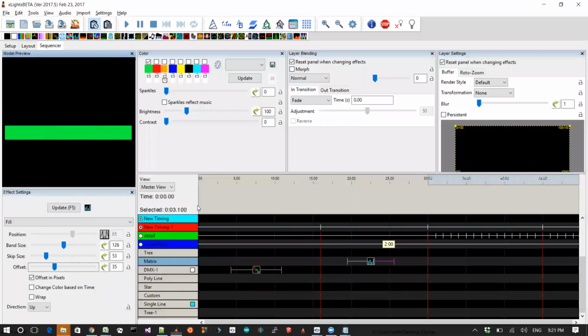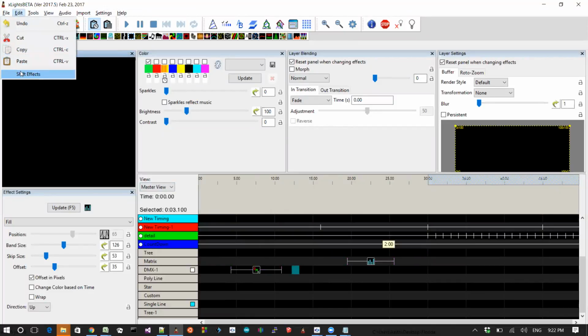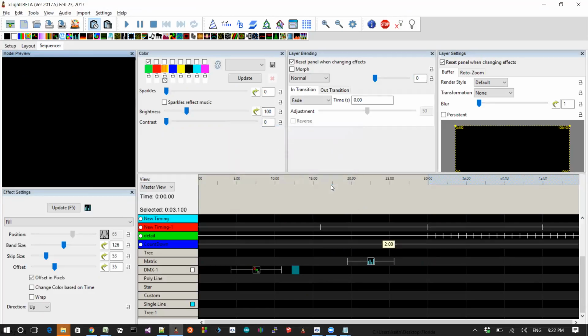Shifting all the effects. This sometimes happens, particularly if you've got a sequence where maybe your audio file doesn't quite match, it's got an extra long lead in, and I want to shift everything across in the whole sequence. You can go up to the edit menu and click on shift effects, and I can shift everything, I don't know, right by 1 second,